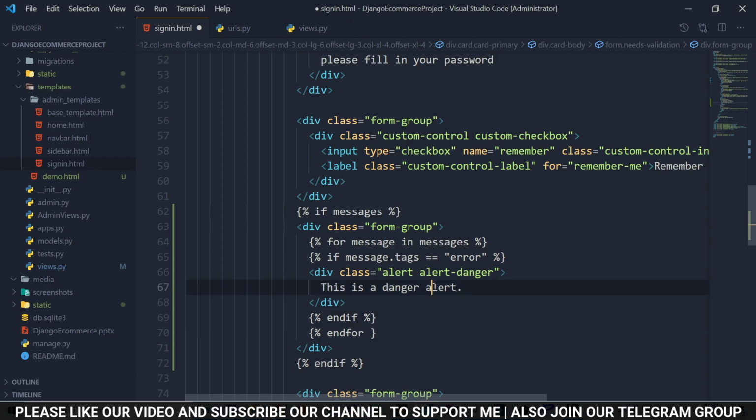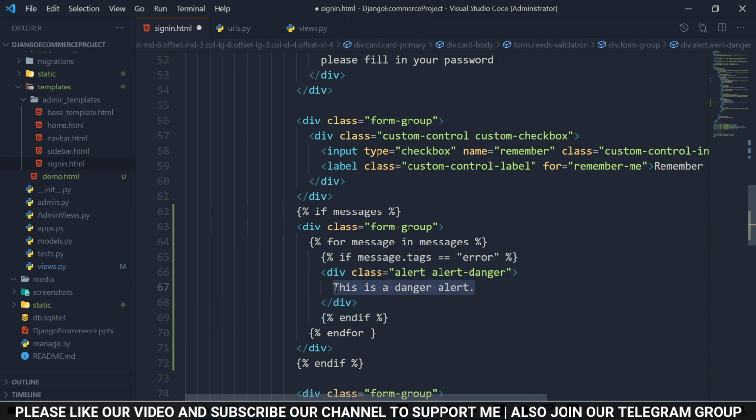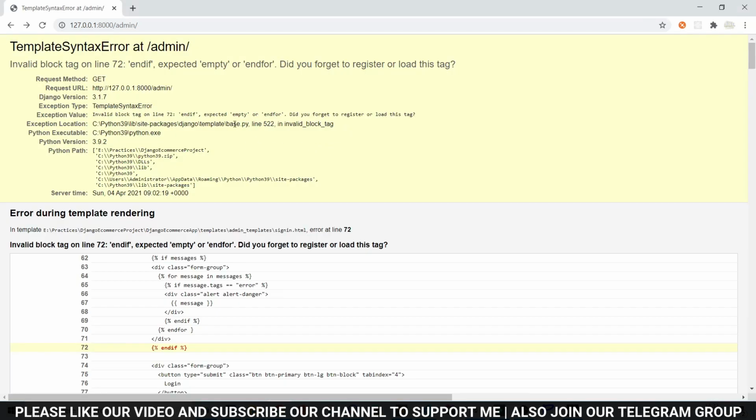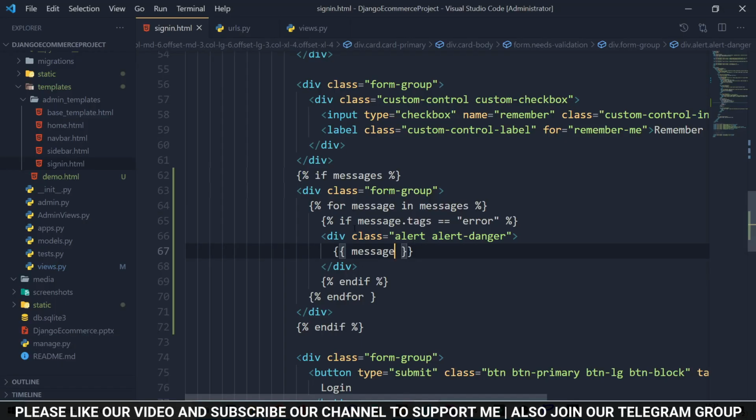And if, let's collect, so here we need to show our messages. You can print a message like this expression. For an expression you can use this percentage symbol, and for printing any message you can use double curly braces, and here pass your message, save it. Now let's check if it's working or not. Back to Chrome, refresh page, and here it is showing error.